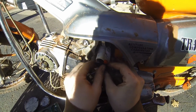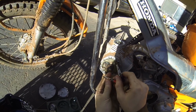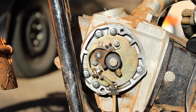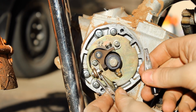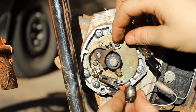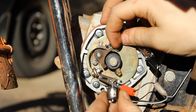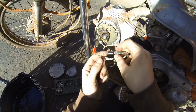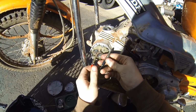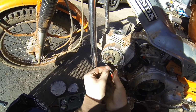So what I'm going to do is stick this somewhere where it won't fall out. And then we put one lead, or, that's too far away. There we go. Okay, so you put one lead on the ignition wire. You can actually clamp it right here. I'm just going to clamp it there. Okay, so this is the ignition lead. And then you want the other side on here,